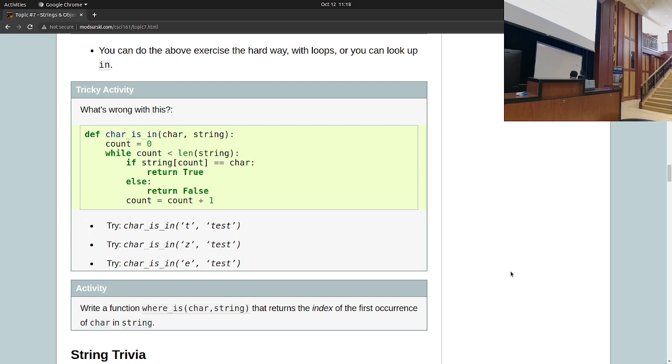If it is the character that we're looking for, we return true and we get lucky. If the first thing we're looking at is not what we're looking for, we jump to the else statement and we say return false. But the issue is, return immediately stops the execution of that function. So it says return false, done. The function returns false. But of course, we've only looked at the first character. And this comes down to,